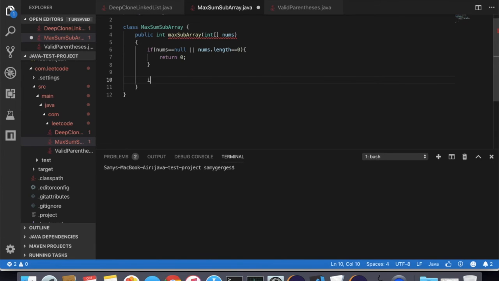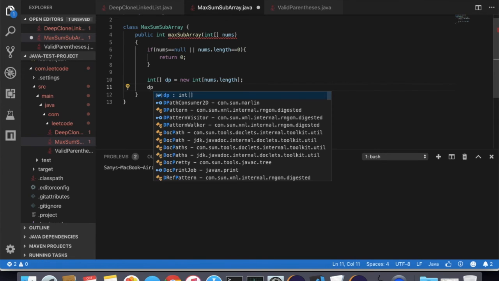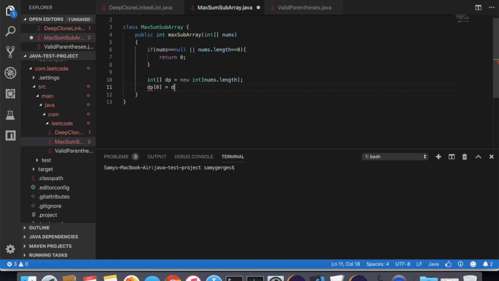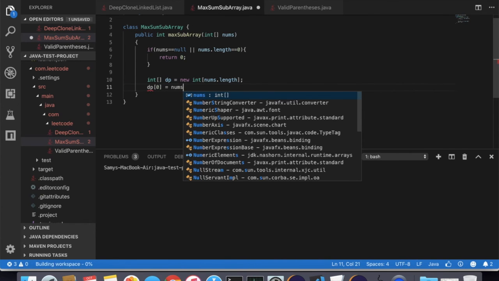Otherwise, we can have our dynamic programming array, new int of nums.length. Then we initialize the first element in the dynamic programming array with the first element in the nums array. So dp of 0 equals nums of 0,